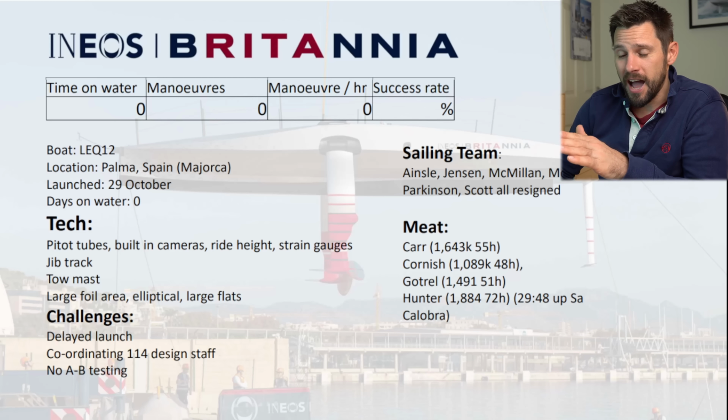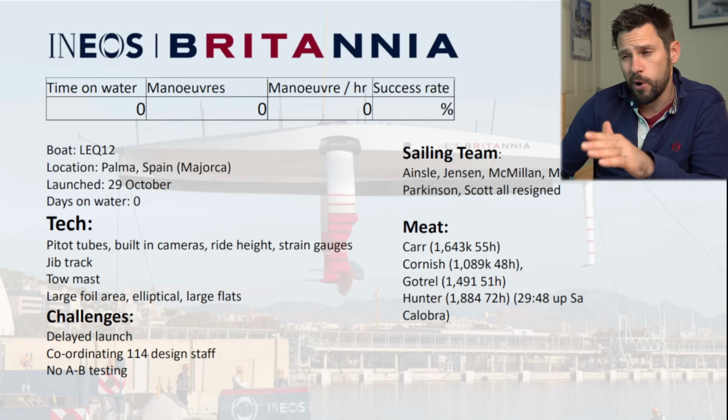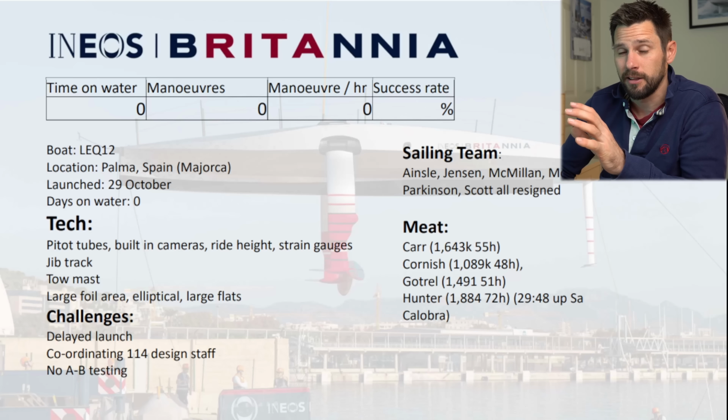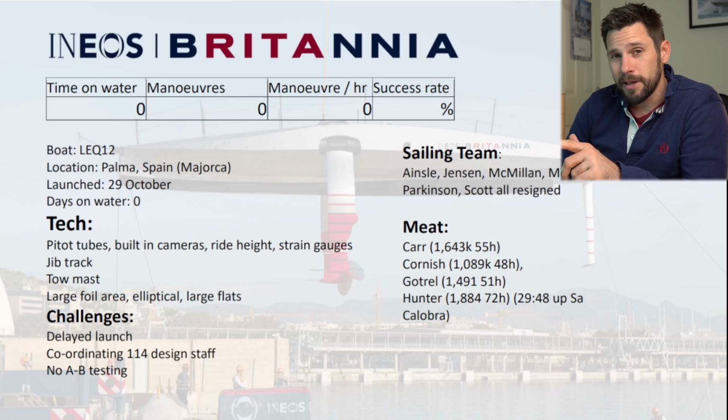And I noticed he did a time of 29:48 up Sa Calobra in Mallorca, a very famous testing climb for professional cyclists. I used to do quite a lot of cycling myself, and wasn't too bad as a climber. My best time up that, doing just under 5 watts per kilo, was over 30 minutes, I think a minute more than what Neil did. So that puts him at about 5 point something watts per kilo,